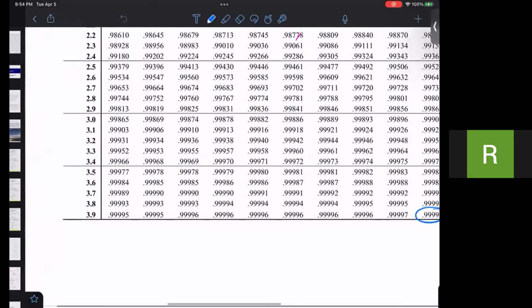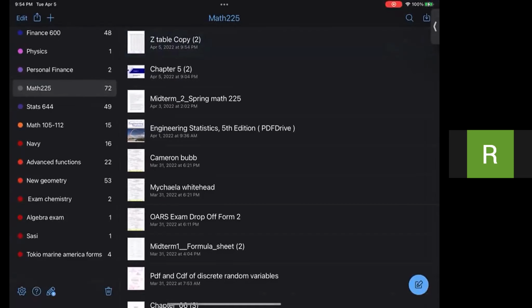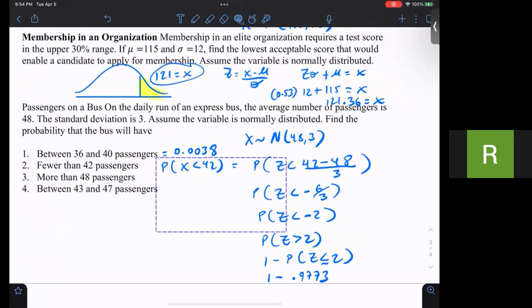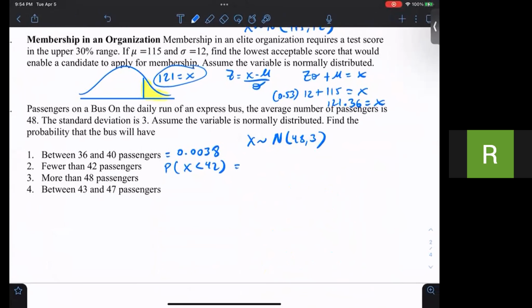Okay, 2 is here, right? So 2 is 0.9773. And if you subtract that, you get your answer, right? 1 minus 0.9773, you get 0.0227. Then the next one, more than